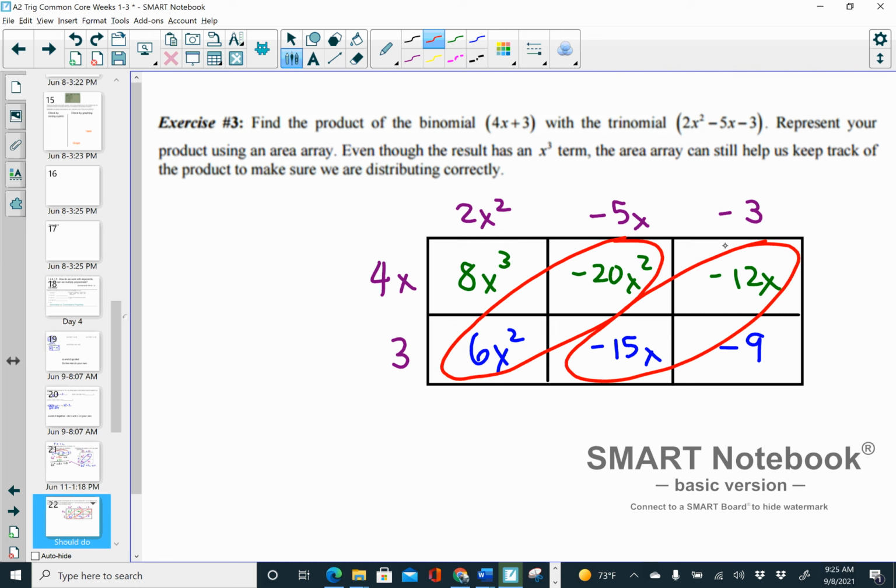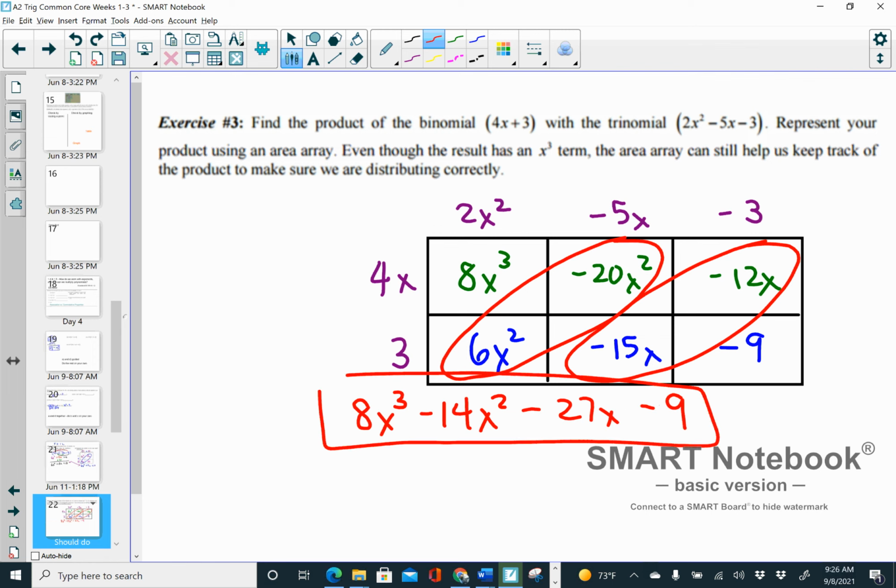So I'm going to put my final answer down altogether. 8x cubed doesn't match with anything, so I'm just going to write that down. 8x cubed. Negative 20x squared plus 6 is going to be negative 14x squared. Negative 12x negative 15x is going to be negative 27x. And the negative 9 comes along for the ride. So that whole polynomial is your answer. You're going to go ahead and do the rest on your own, and then